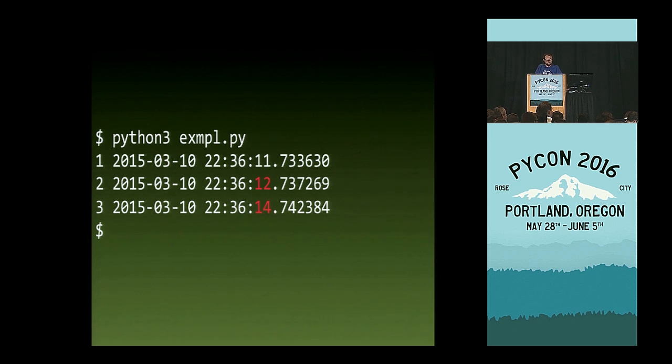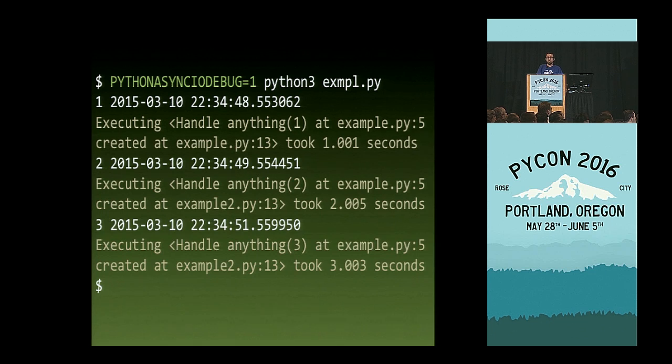Fortunately, async IO is helpful in the regard that if you tell it PYTHONASYNCIODEBUG equals 1 when you run your program, it will yell at you for having callbacks that are very slow to run. So at least we can be warned about a situation like this. That's bad. How can we solve it? How can we split work in a way where we are still executing this great amount of work, but in a way where we are not stopping anything else from being executed in the meantime?